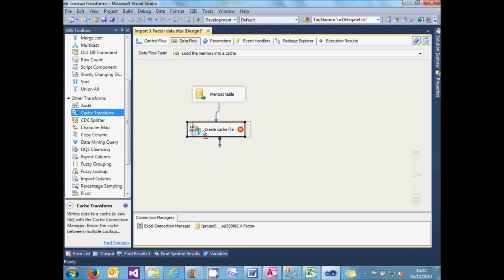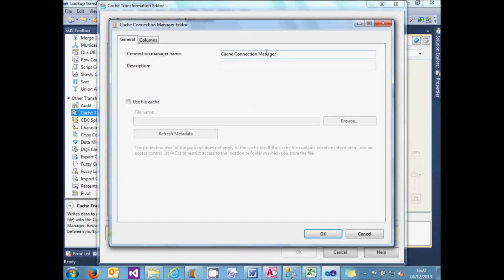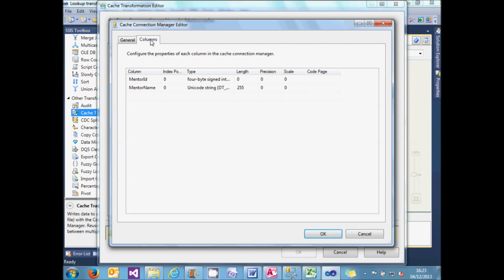What I'll then need to do is to configure this cache file. If I double click on it, the first thing I need to do is create a connection manager. I could have done this separately, but I'll do it as part of configuring the cache transform. So what I need to do is click on the new button. I'll call my new connection manager mentors table. And if I then go to columns, you can see that it's automatically going to take the mentor ID and